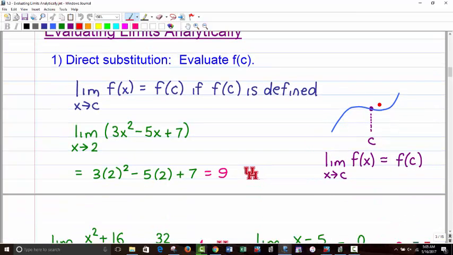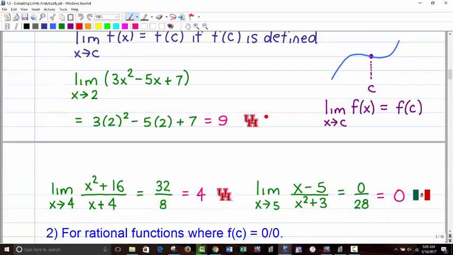I just kind of drew a graph, meaning you'd have a nice, smooth, continuous graph, 3x squared minus, although it wouldn't look like that, because this equation is a parabola, but still. Anytime you have the limit of f of x as x approaches c equal to f of c, you've got a continuous value right there, no gap, no holes, nothing like that. So, all right, so